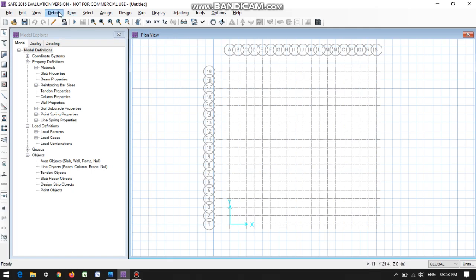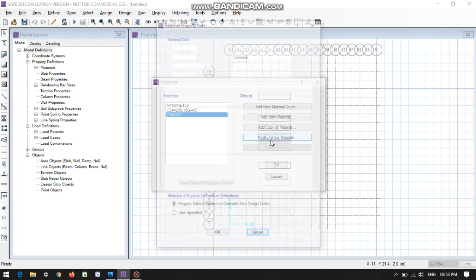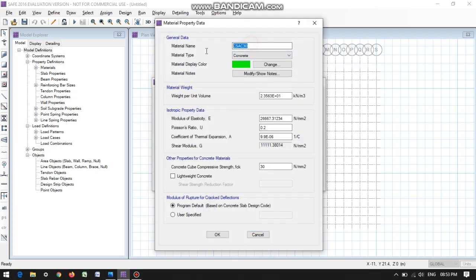Now let's define the materials to be used. We have already used M40 concrete, so it is a concrete material. Let's modify it to M40. These are standard numbers. Let's enter it. The strength is 40 Newton per mm square.